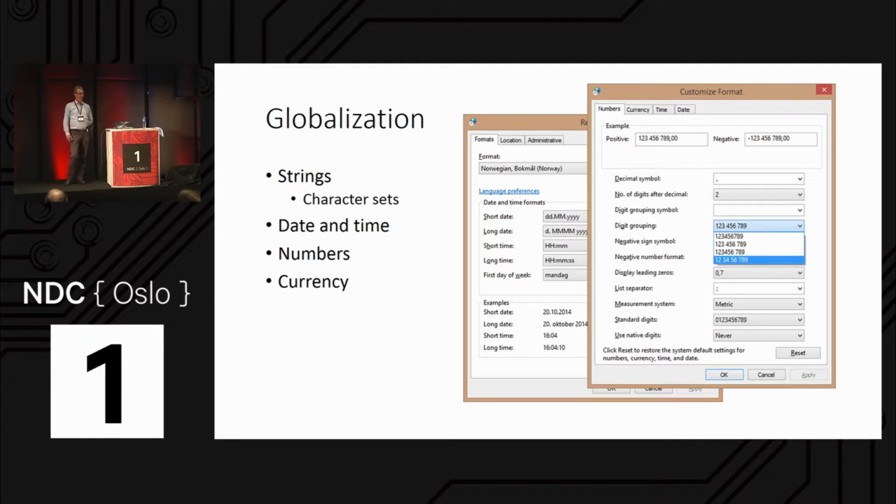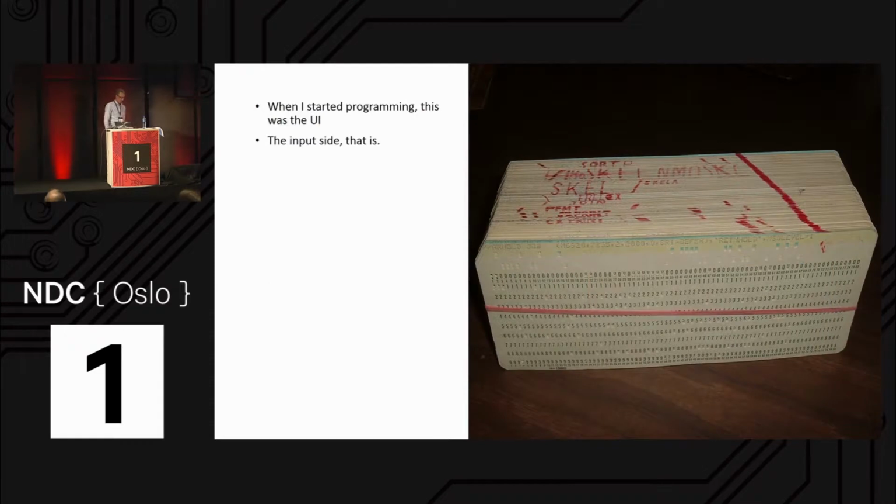So when we did programming, the letters Å, Ä, and Ö, which appear in the Norwegian alphabet, did not appear in the computer output because they simply weren't there. There was no such thing as non-ASCII characters in software development. Actually, my development environment looks like this. Back then, it was a stack of cards that you fed into a card reader, and after about half an hour, a huge printout would come out the other end.